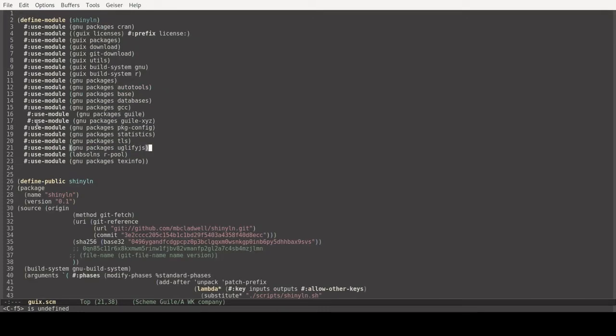Here is my packaging recipe. I start with a template generated by Guix Hall. I talk about Hall in the video Guix packaging some database functionality. I then need to supplement what Hall provides with additional use module statements, and I figure out what those are